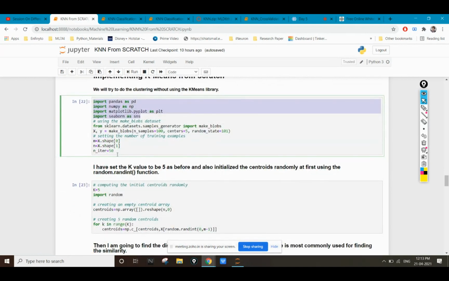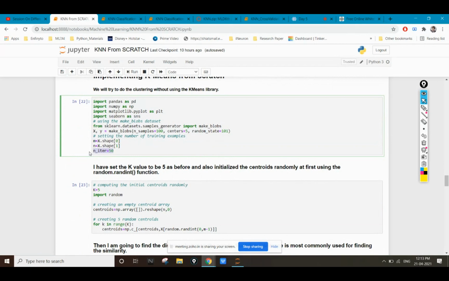And the number of times I will iterate to change my centroid points, the maximum number of times I'm going to change my centroid points, I am taking the value to be 50. Suppose after every change you are still getting new categories, then there should be a limit at which, after reaching that limit, you are not going to change the centroid anymore.